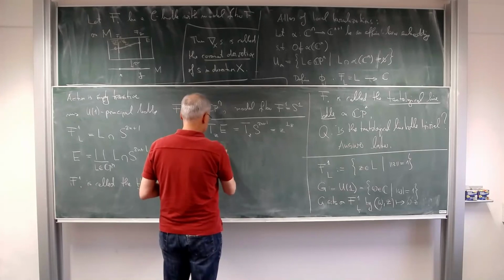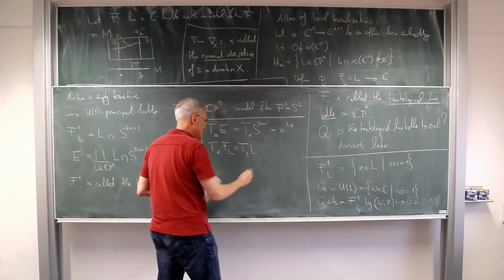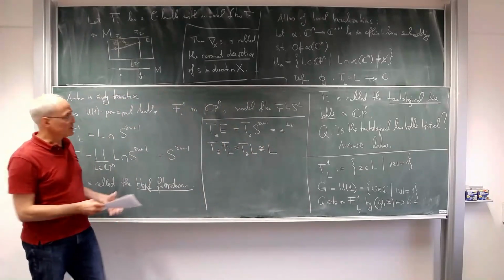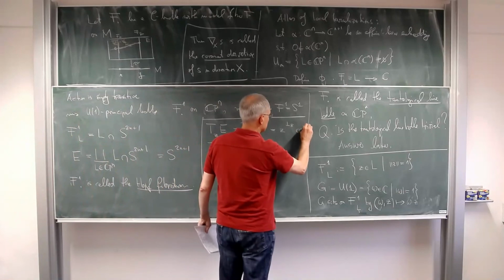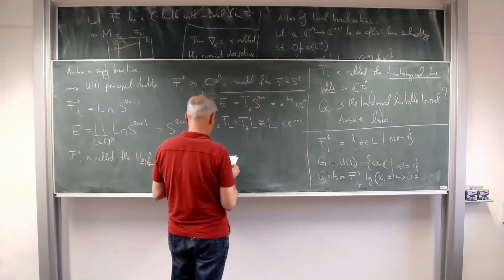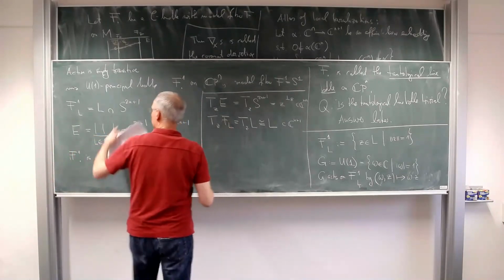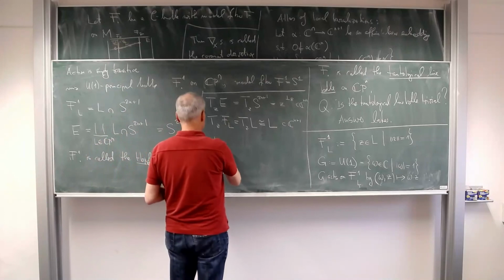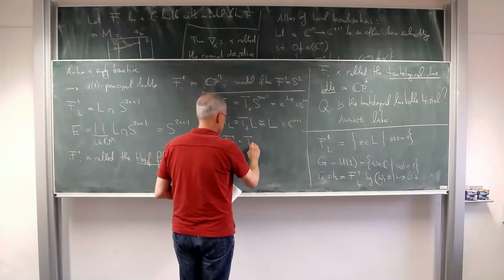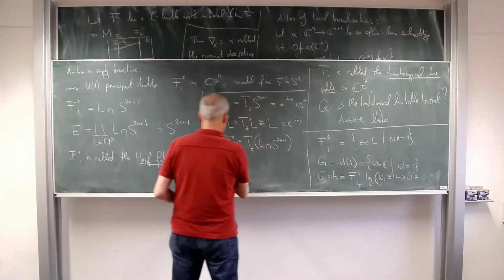Now, the tangent space to a fiber, so let's write like this, F_L at some point Z, which is just the tangent space to the fiber itself, but the fiber is a linear space, so I can again canonically identify this with L itself. It's also a subspace, so all this sits in C^{n+1}, right? And finally, so that's for the tautological bundle. And for the Hopf fibration, I have to intersect with this sphere, the tangent space of F_1 L. So that's the tangent space of the intersection of L with that. And so this gives me,